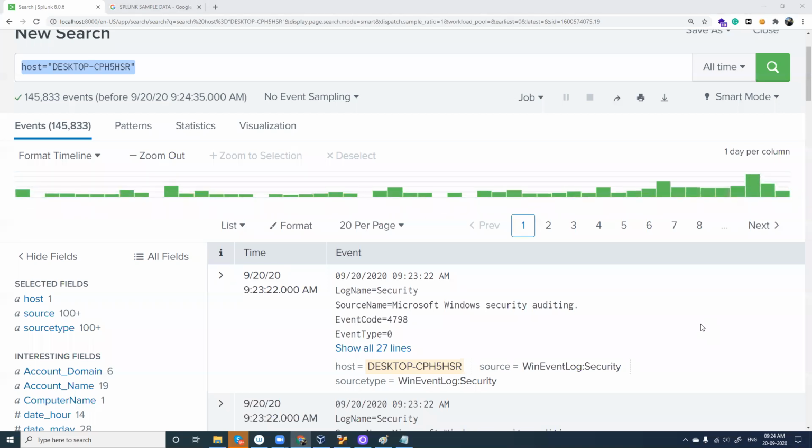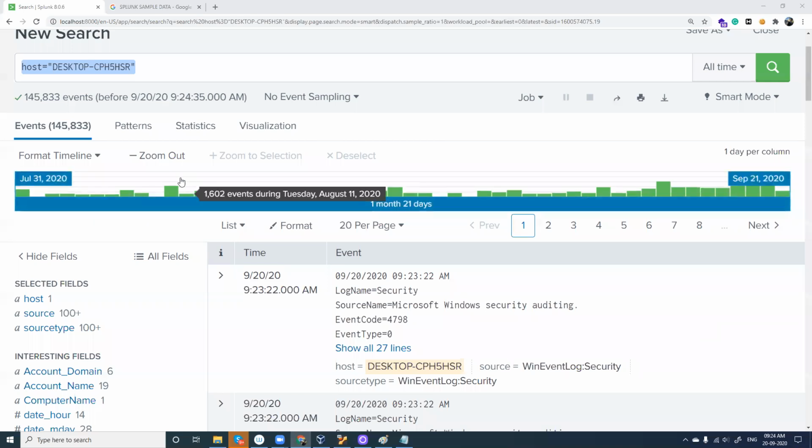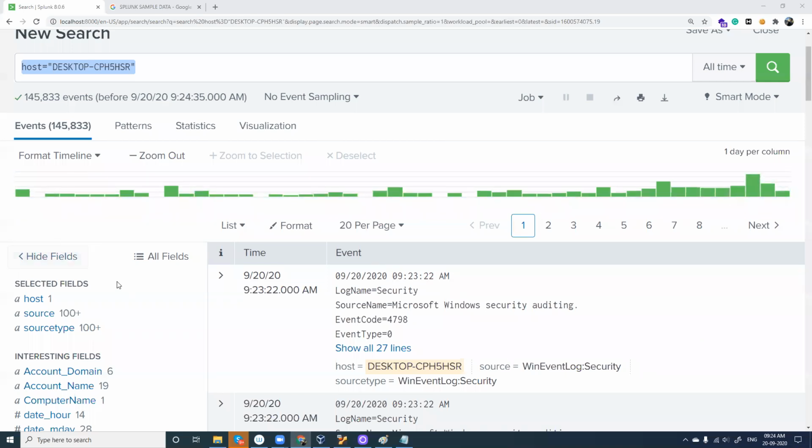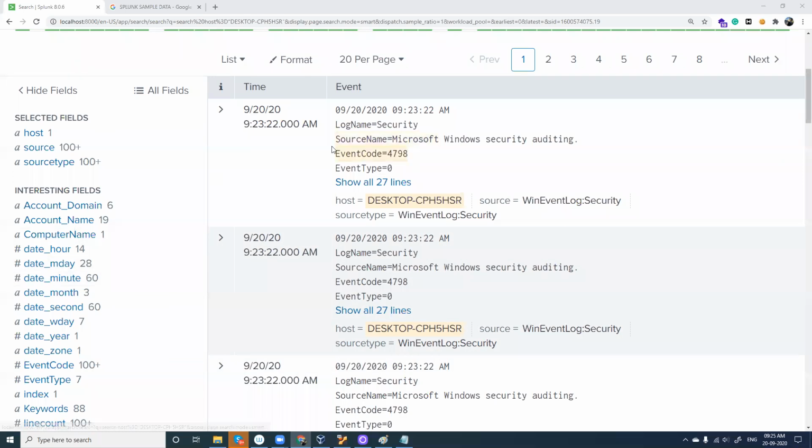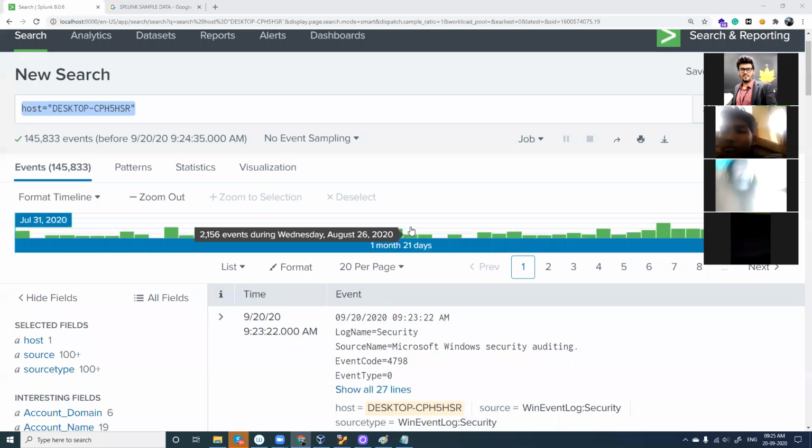This is not hacking. You are just analyzing the traffic of your computer, so it is not related to hacking. You get a lot of logs like this, and I'll tell you how to include the search here.